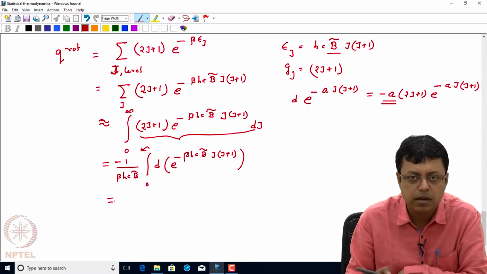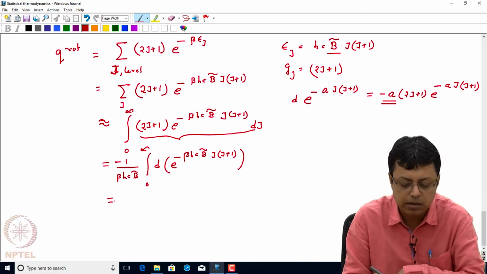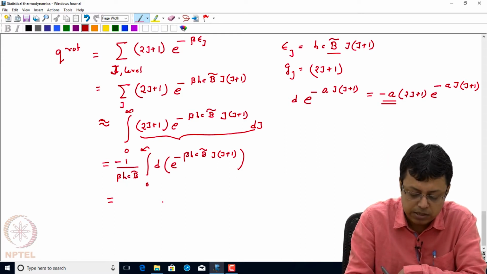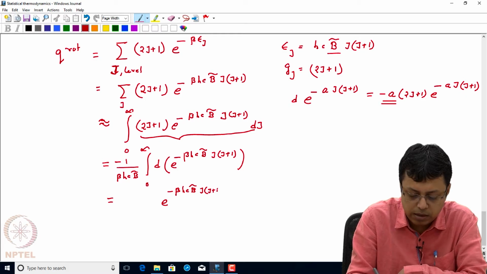Now this is a very straightforward integral. It's the integral of dx, so the value is x. So I just have to evaluate e to the power minus beta hc B̃ J(J+1)